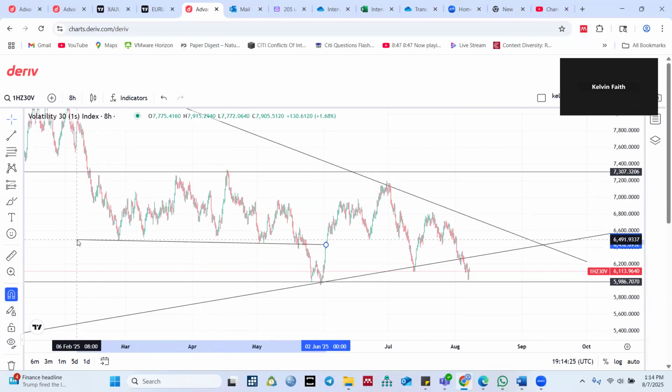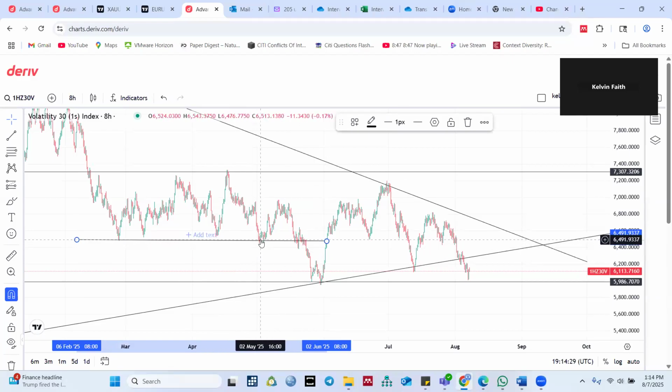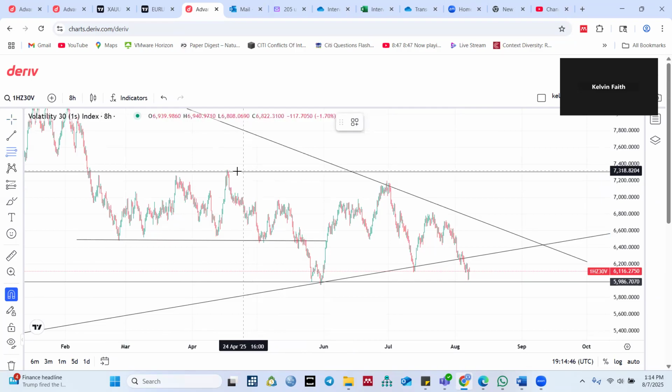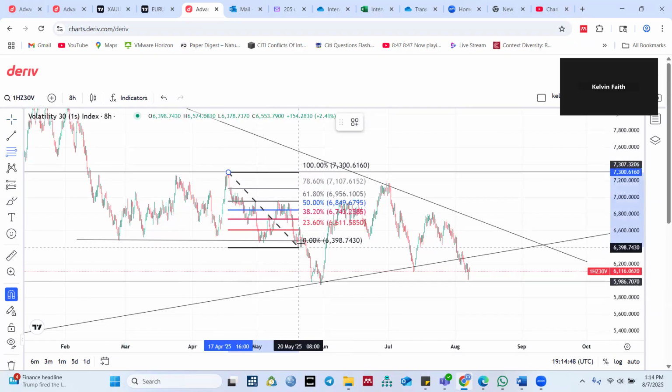Did it break here? Was it a break? Yes, it did not really close below it, but it's like relative equal lows here. Yeah. So from this area, price dropped to give us this area. And so within this range, from this high to this low here,